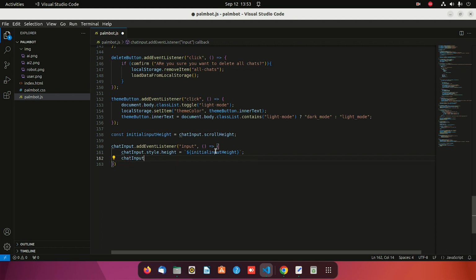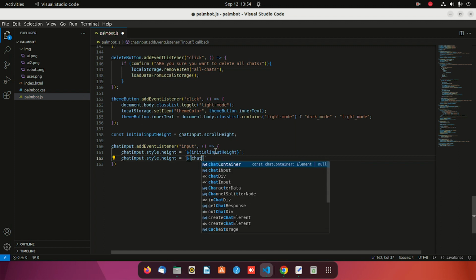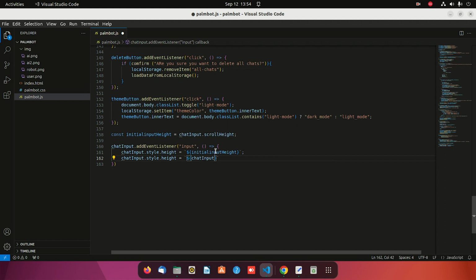Let's go to input dot style dot height, which should be equal to the dollar sign, and let's say chatInput dot scrollHeight px. Okay, semicolon,